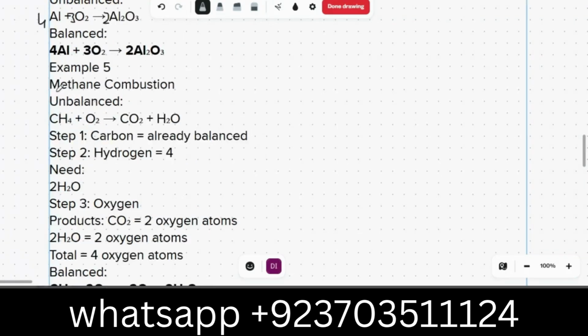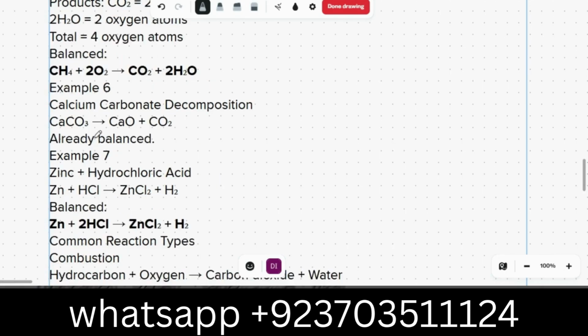That is methane combustion, which is simply CH4 plus O2 gives us CO2 plus H2O. How many oxygens are there? 2 plus 1, that is 3. So what do we have to do? First we have to think how many hydrogens there are. There are 4 hydrogens and there are 2 hydrogens, so we will multiply this side by 2. Now we have 2 times 2, which is 4. 4 hydrogen here, 4 hydrogen here, that is balanced. Oxygen on the product side is 2 times 1 plus 2, which is 4. So we will multiply on the reactant side by 2, which will give us that value.